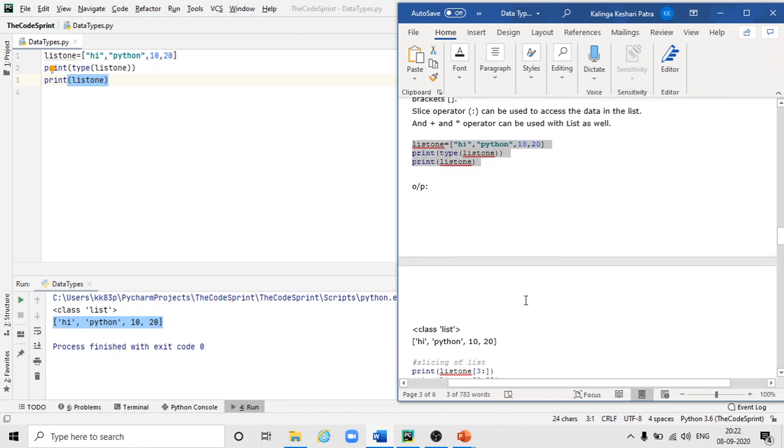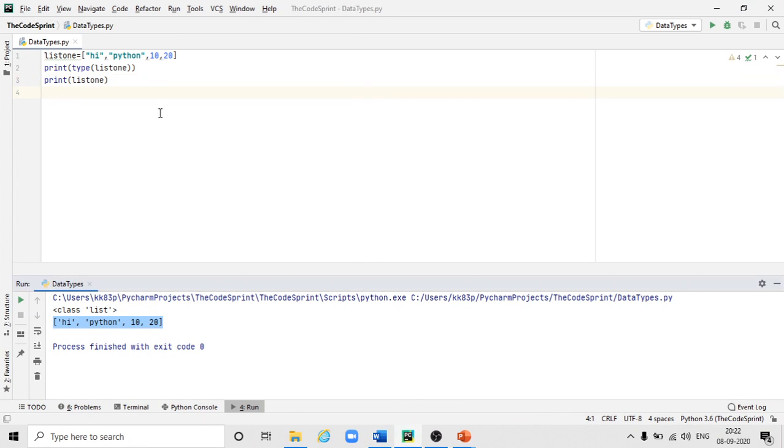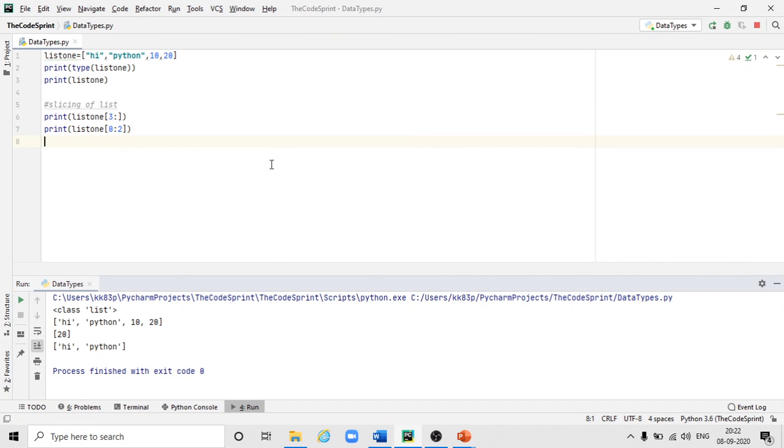So next, we'll do some operations here, like how it can be sliced. This colon is called the slice operator, and we'll see how it works. So here, hi, Python, 10, 20 is assigned to list1 and it is printing that, along with its data type.